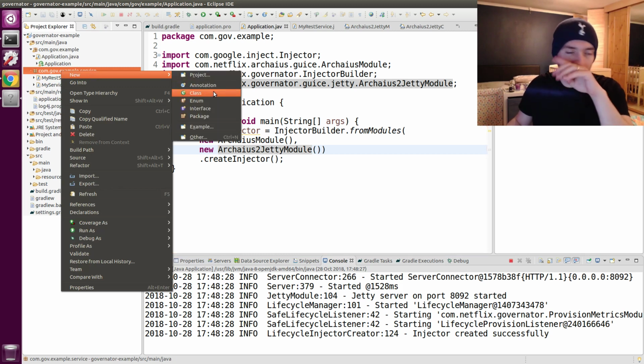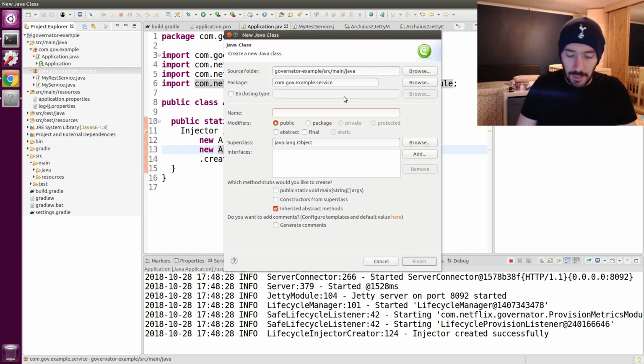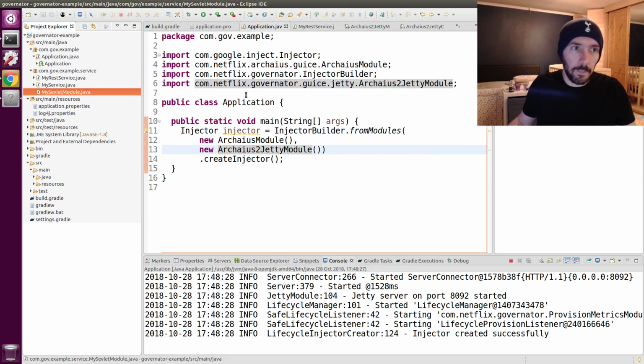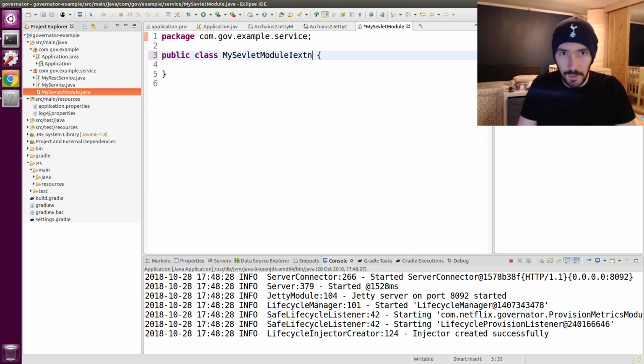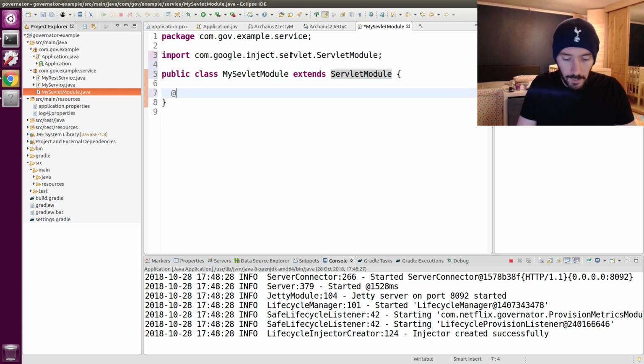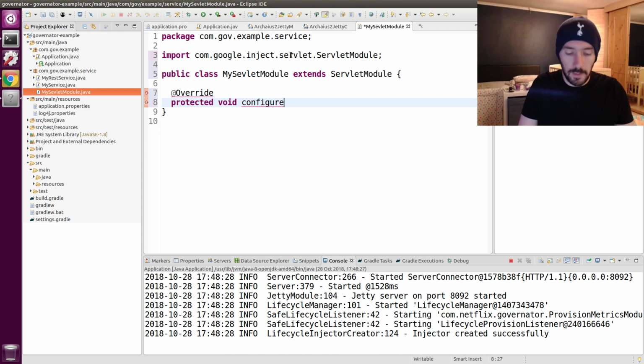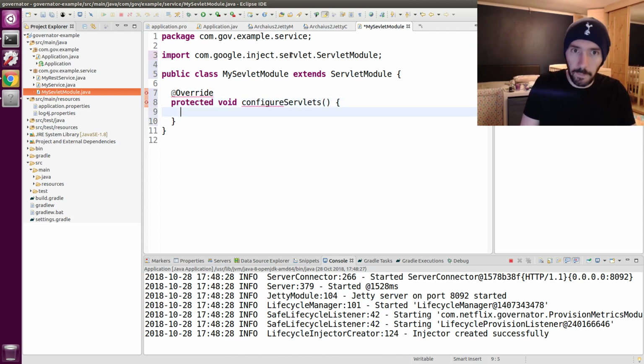So what I want to do is set up a servlet and serve all paths with a Governator juice container. Okay, I'm just going to call this module my servlet module, and that is going to extend servlet module. And we need to override the configure servlets method. And we need to serve everything with